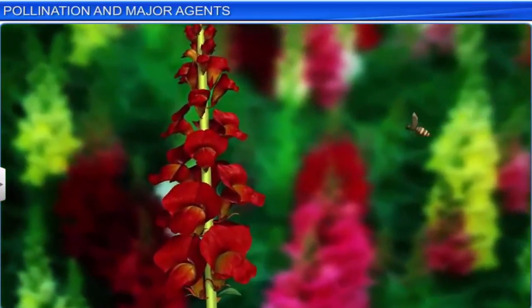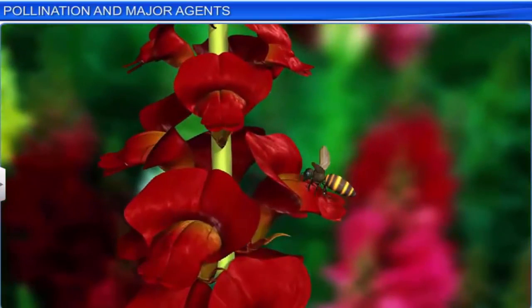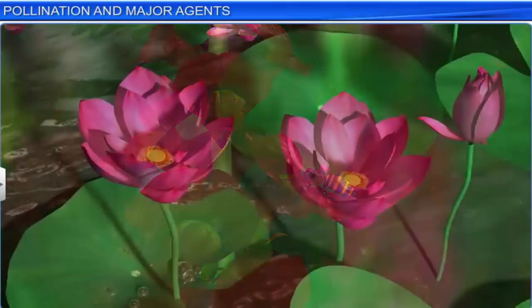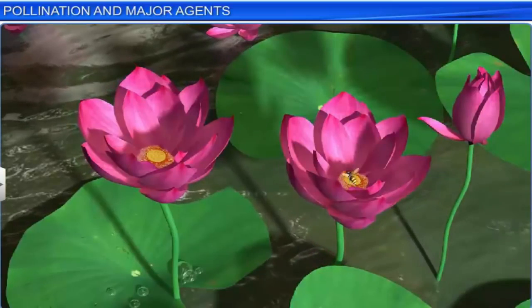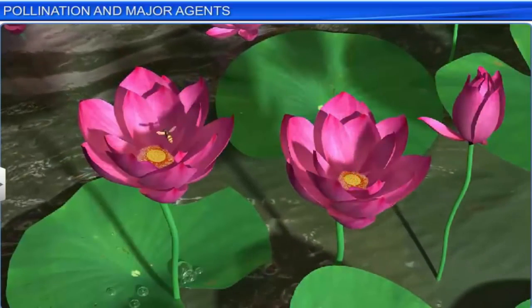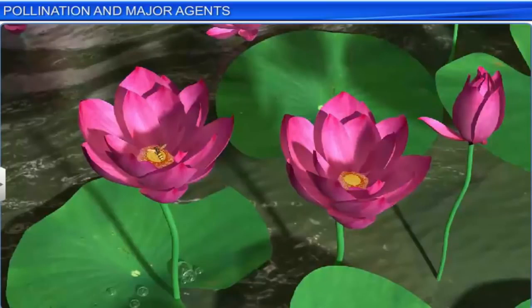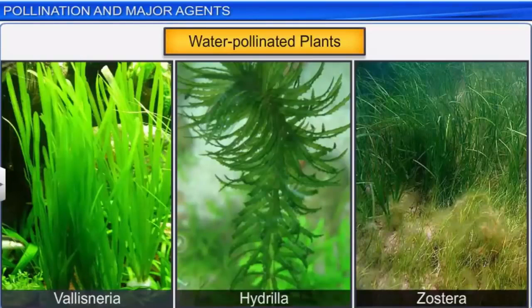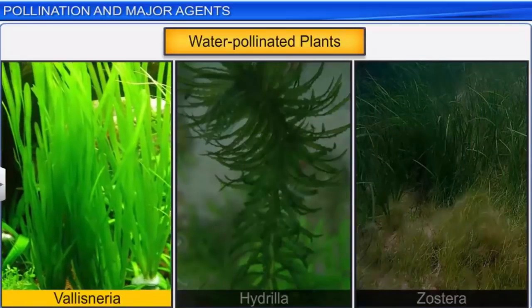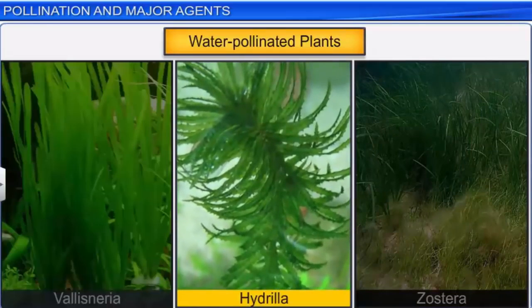However, certain birds and insects such as the bumblebee visit flowers for nectar and pollen, but don't bring about pollination. These creatures are referred to as pollen robbers. Honeybees, as well as other insects, also pollinate a large number of aquatic flowering plants, such as the freshwater lily. However, in certain freshwater plants such as Vallisneria and Hydrilla, and marine seagrasses such as